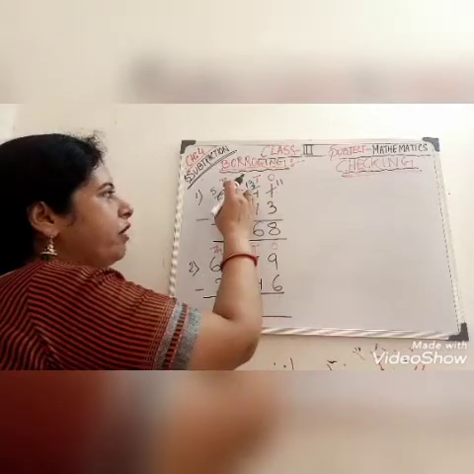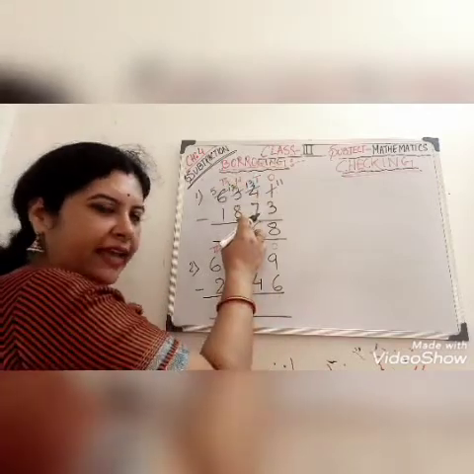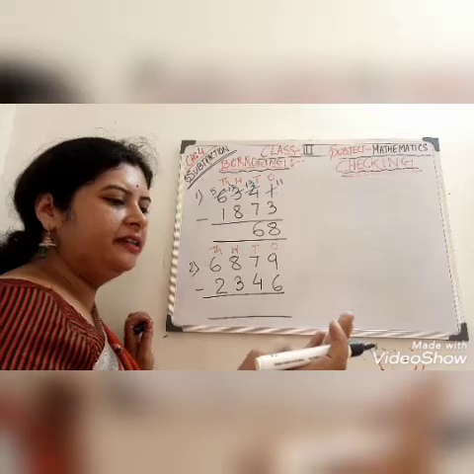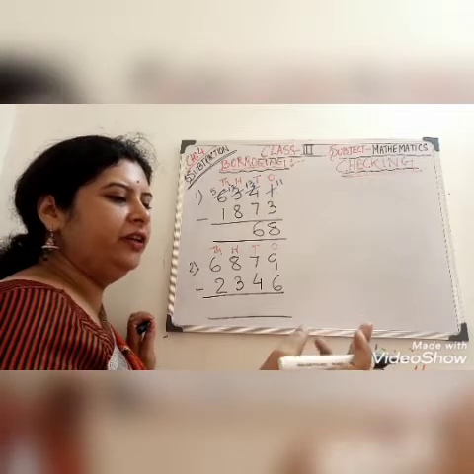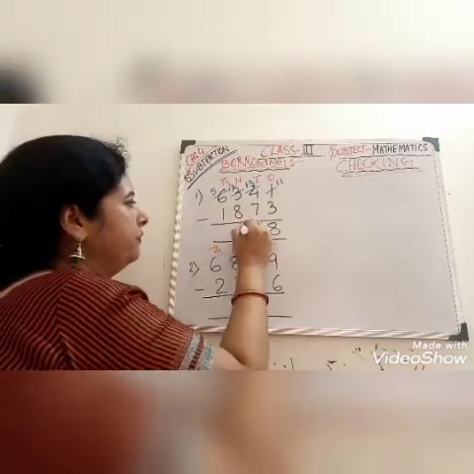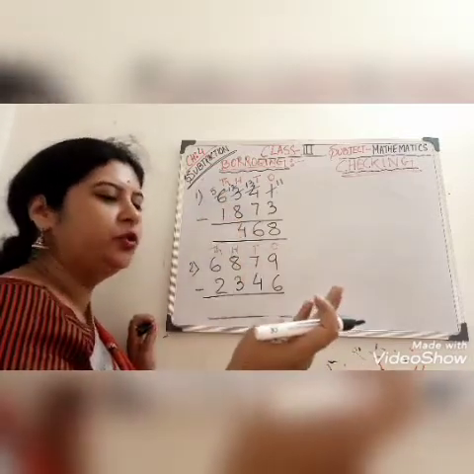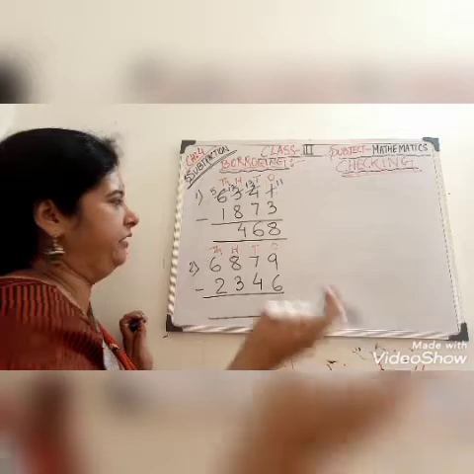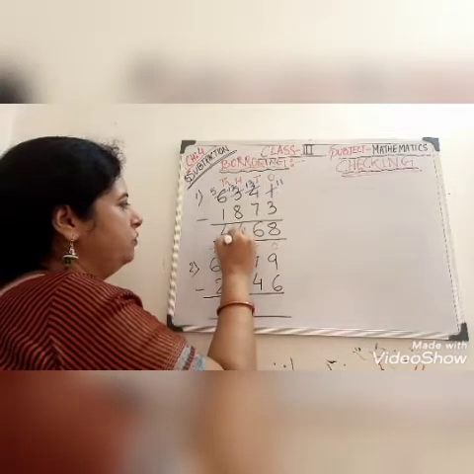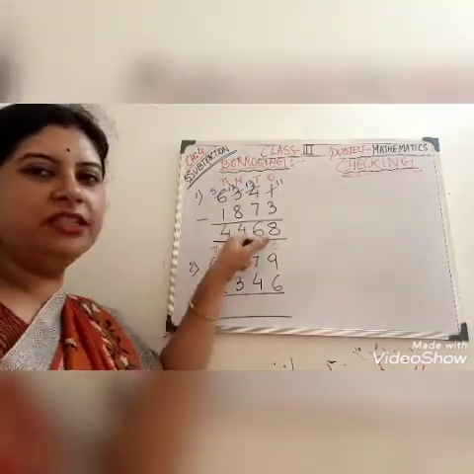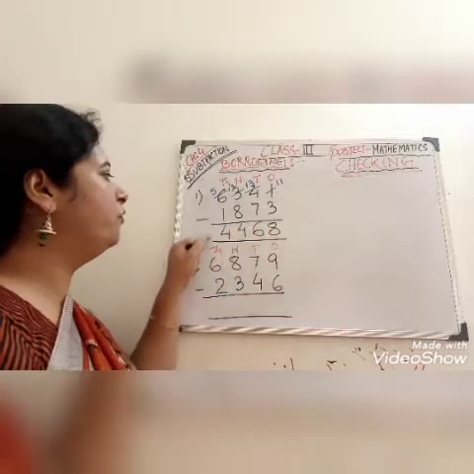Next, from 12, subtract 8. After 8, 9, 10, 11, 12. It means 4. Subtract 1 from 5. So, after 1, 2, 3, 4, 5. So, our answer is 4. Now, the difference between these two numbers is